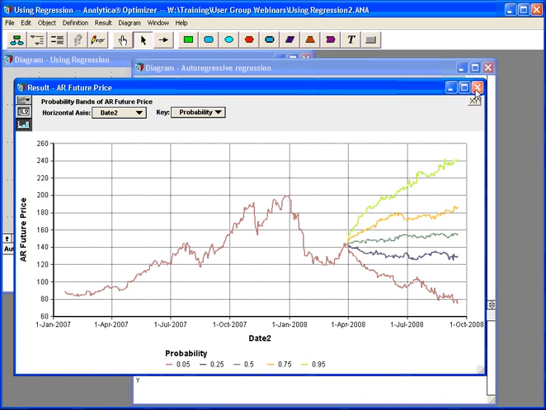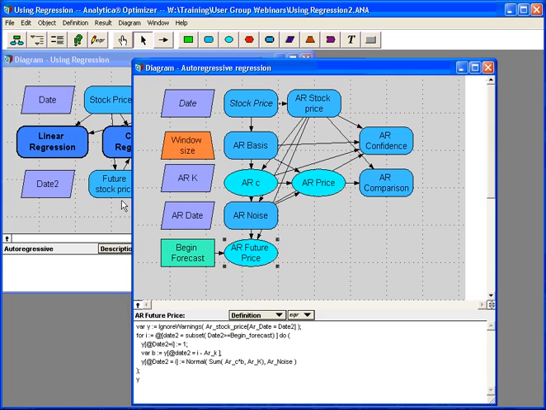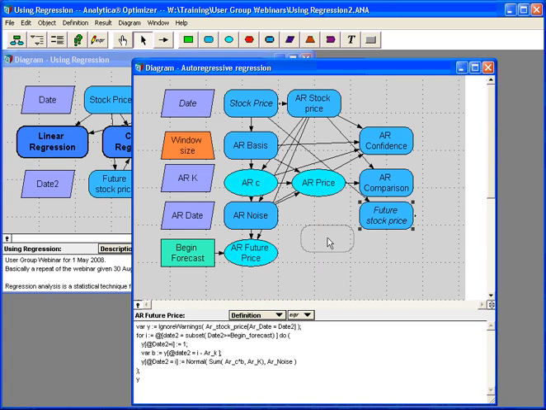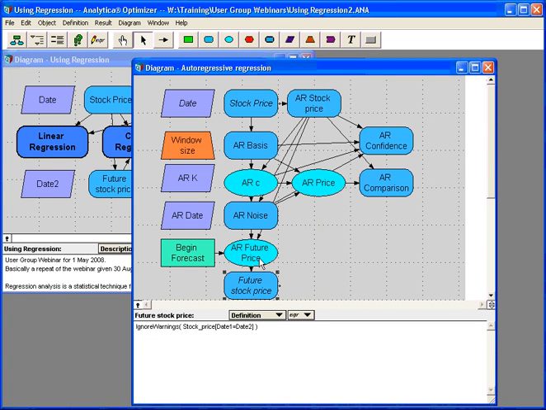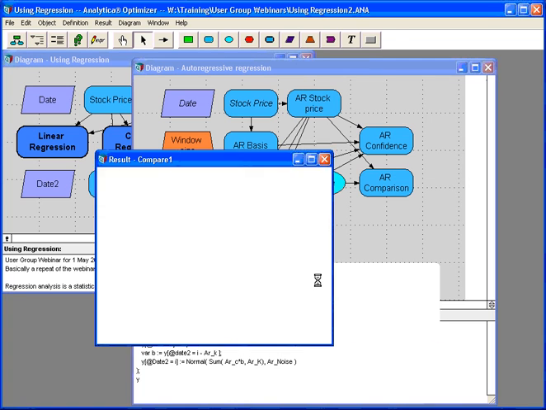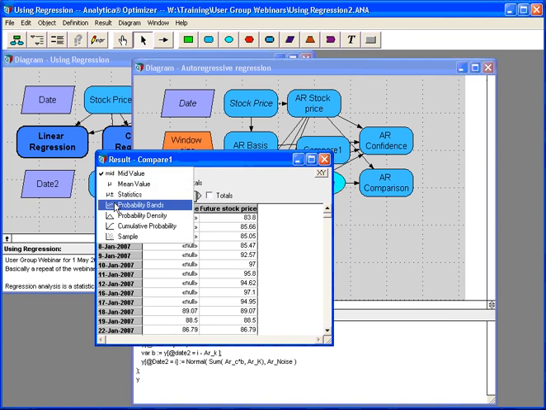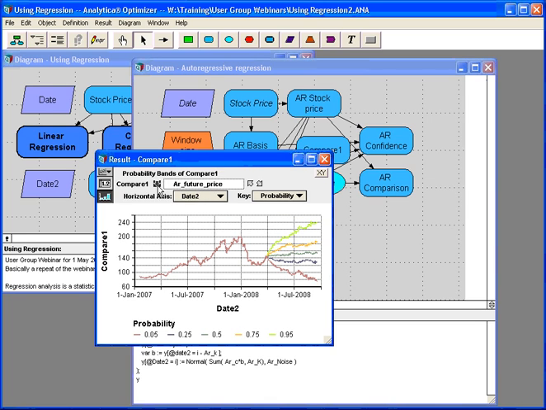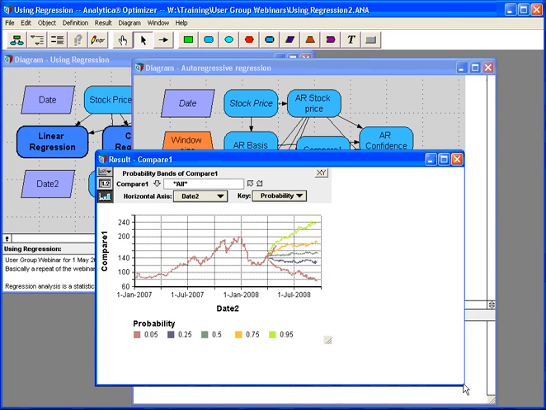And we could compare that to our future stock price. I can't really select two objects in there if they're in different modules, so I'll bring that over here. Select them both, hit result, look at the bands view, graph it. Horizontal axis is date. We want to show everything. And so here we can see,